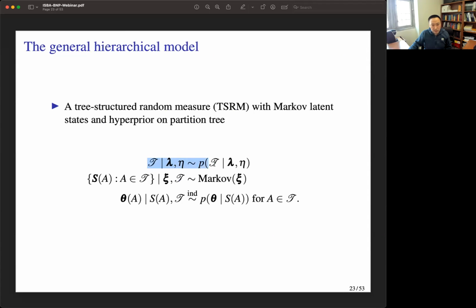So this is the layer, the hyperprior on the tree. I'm using a curly tree, introduced using some hyperparameters that characterize the direction and the location. It turns out that this eta parameter is a Laplace parameter that characterizes a Laplace prior on the cutting location. Because if you make the cutting location too flexible, you can also introduce another layer of variance that's due